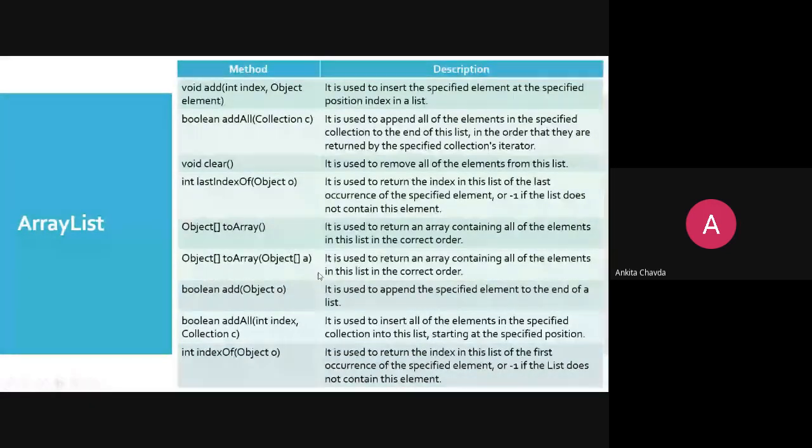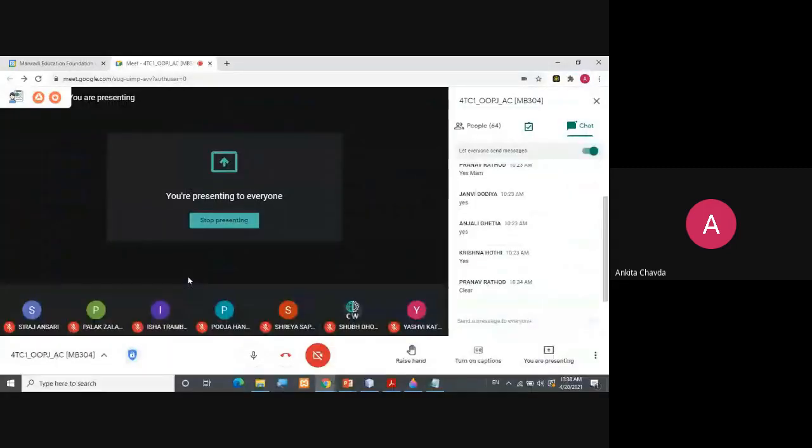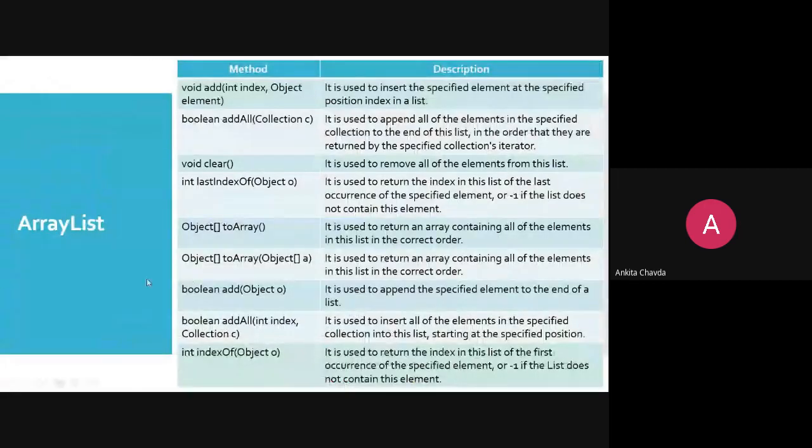Fine. Then you have the boolean add method. Here you have the void add method, and here you have the boolean add method. It is used to append a specified element to the end of the list, and once it is added successfully, it will return true or false. It will tell you whether your element is successfully added or not. That is why the return type is boolean, and here the return type is void.